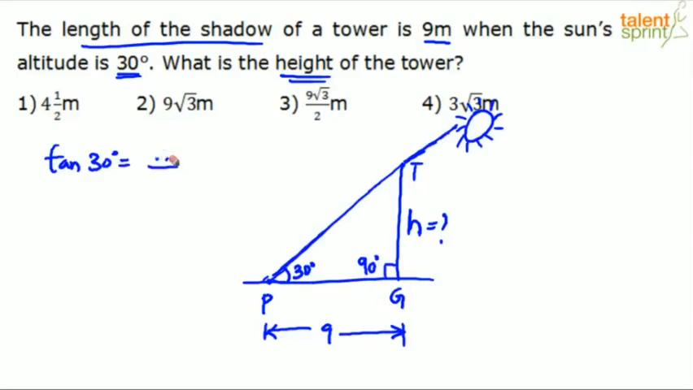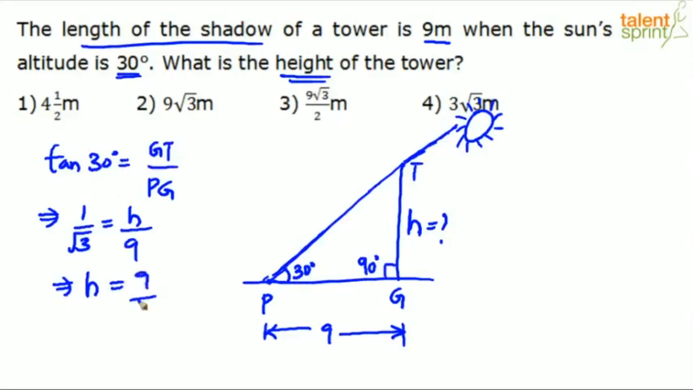I mean, no need to write all these steps. Cut it down and get it quickly. GT by PG. Substitute now. Tan 30 is 1 by root 3. GT has to be calculated, H, and PG is 9. So we can say the height of the tower is 9 by root 3, which comes out to be 3